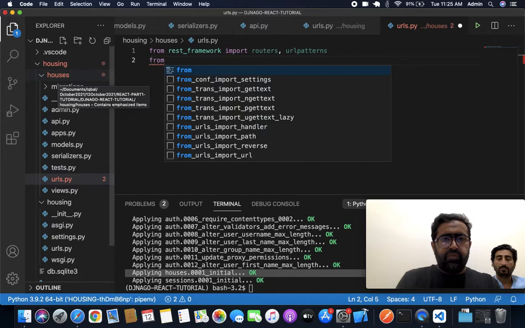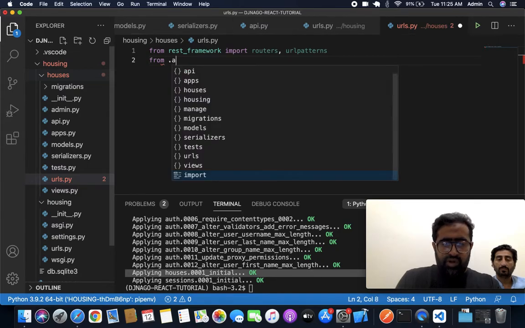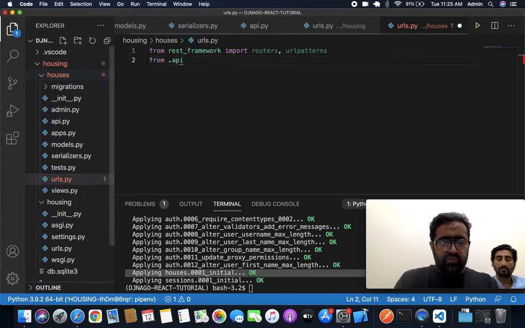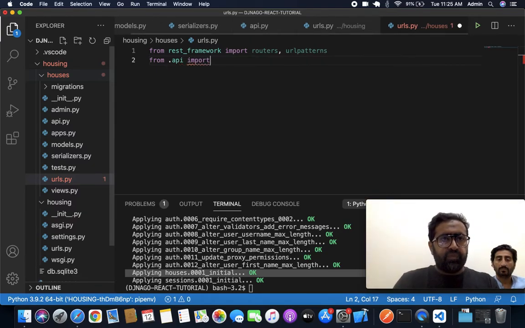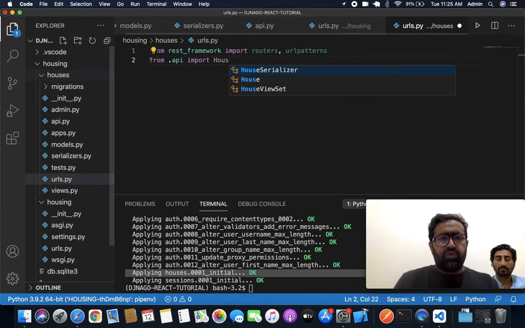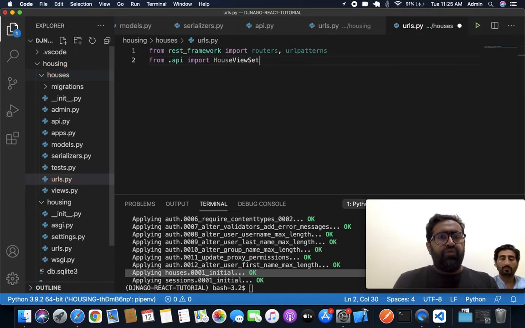From .api import HouseViewSet, and then we create the router